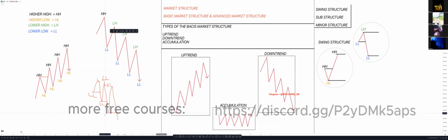Now, price does the same thing again. This lower low has been taken out again. What do you expect? Price to come back into the previous lower high again, then you can sell from there again. Immediately price takes out the previous lower low again, price comes back again into this lower high, then the cycle continues like that until you see price